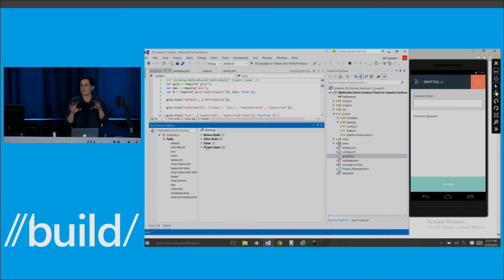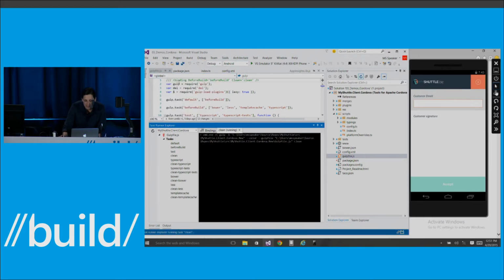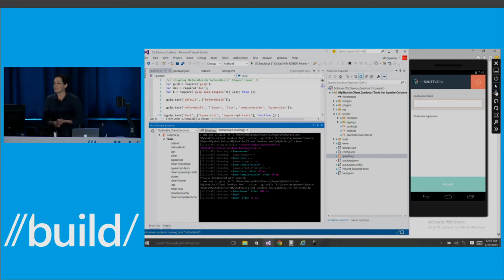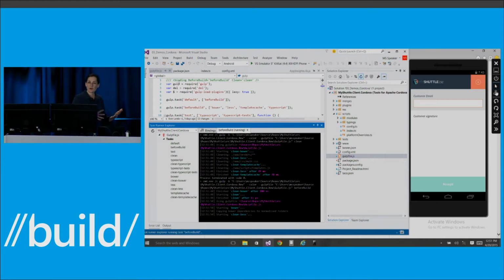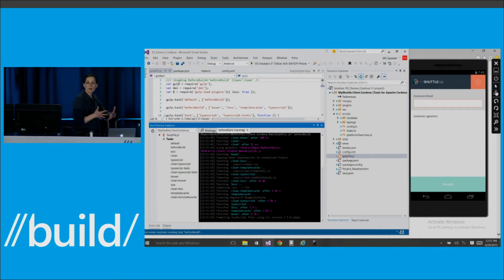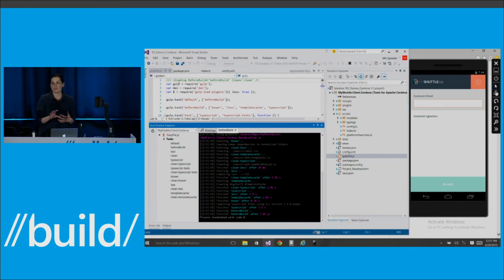This is a way that I can visualize the task runners that are attached via my gulp file in Visual Studio. So if I build this, you can see that it actually runs the before build process. So I actually have the same workflow across with the frameworks and with the gulp file or Bower or whatever actually running in the context of Visual Studio. So this is a very, very kind of productive environment.